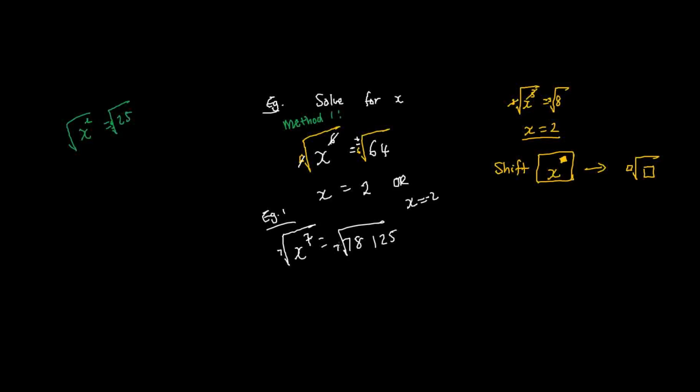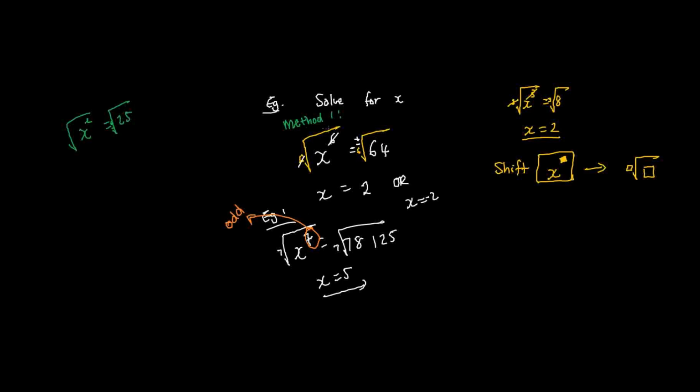So let me use my calculator and do that. 7th root of 78,125, and that will give me 5. So x is equal to 5. Not x is equal to 5 or negative 5, because this is an odd number. So if the exponent is an odd number, then x has